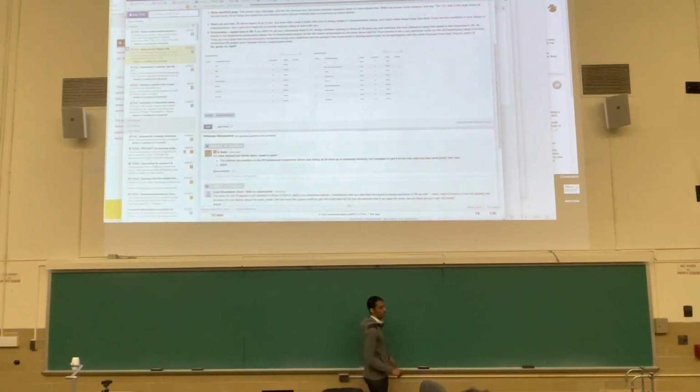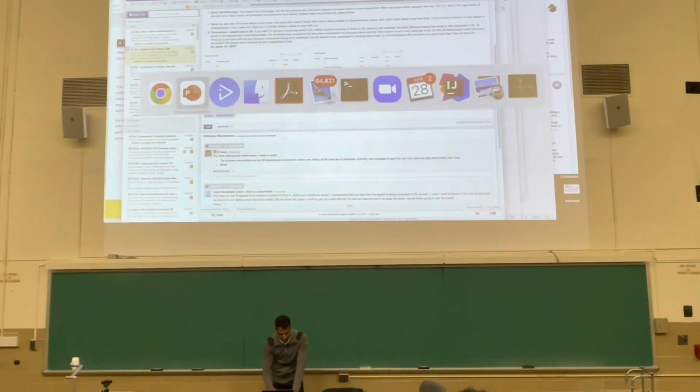So the grade for 2B, is it like you have a 100 if you pass all the tests and then your leaderboard score is on top of that, or is it a combination of both? Can you repeat the question again? Is your score like in project 1, where it was based off your Gradescope score and then you get a speed metric? Yes, it's a combination of speed and accuracy for your final score. Yes. So let me just show you.